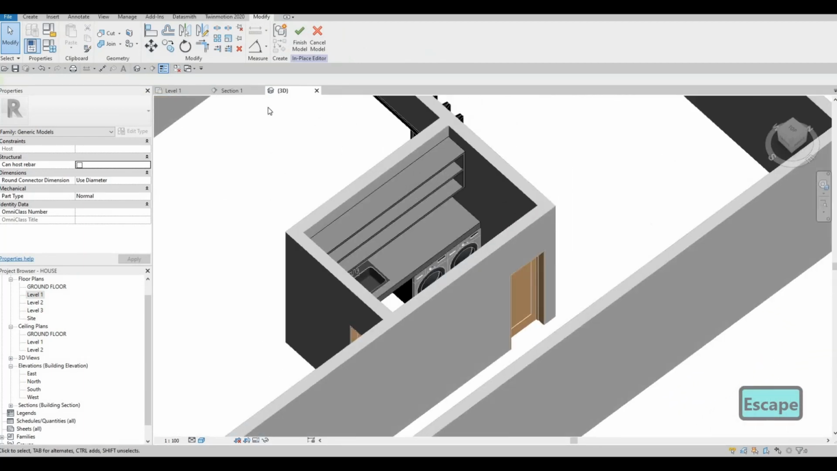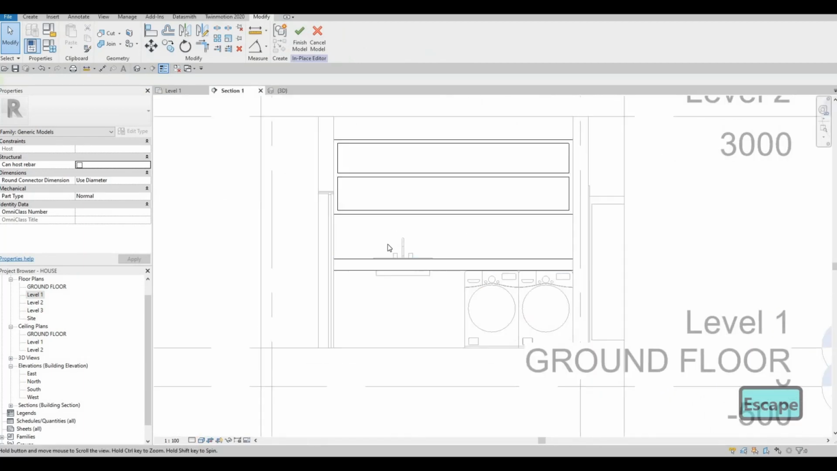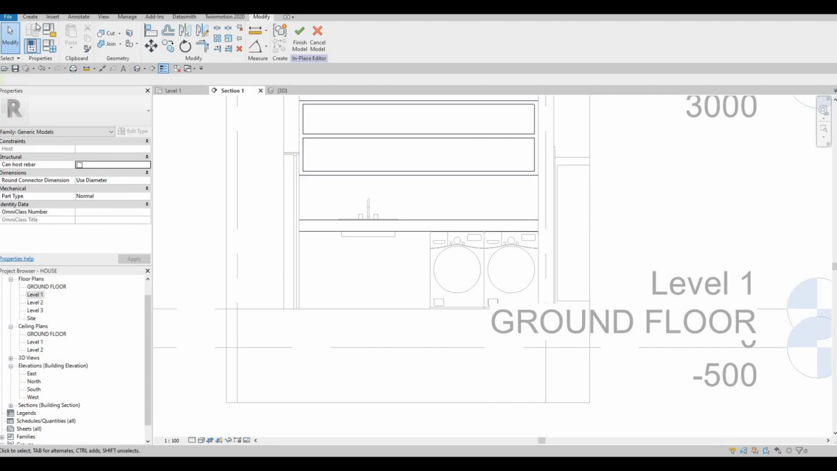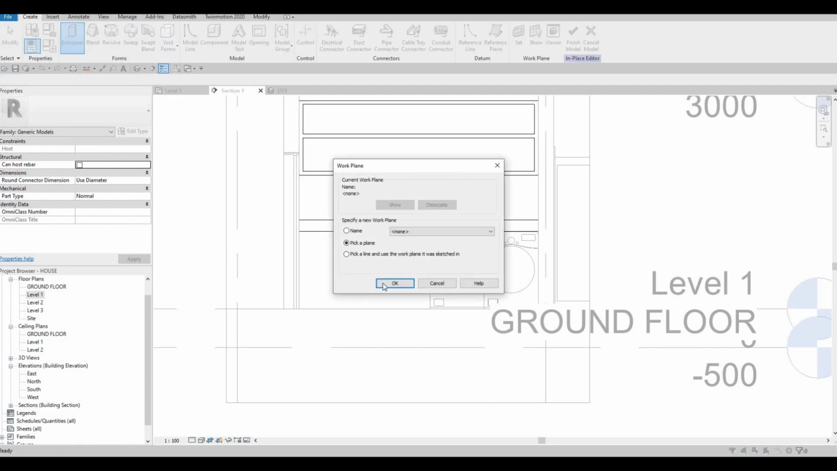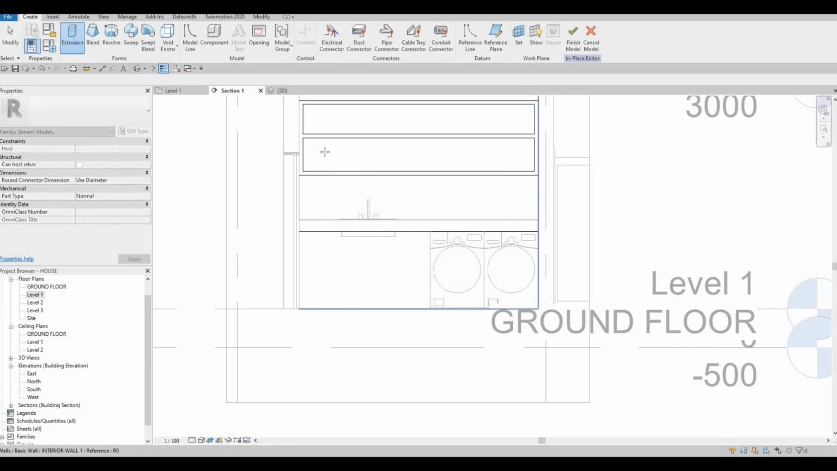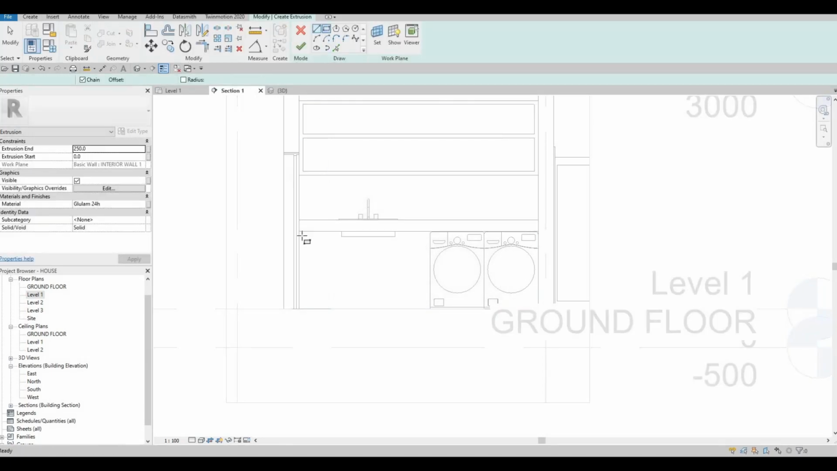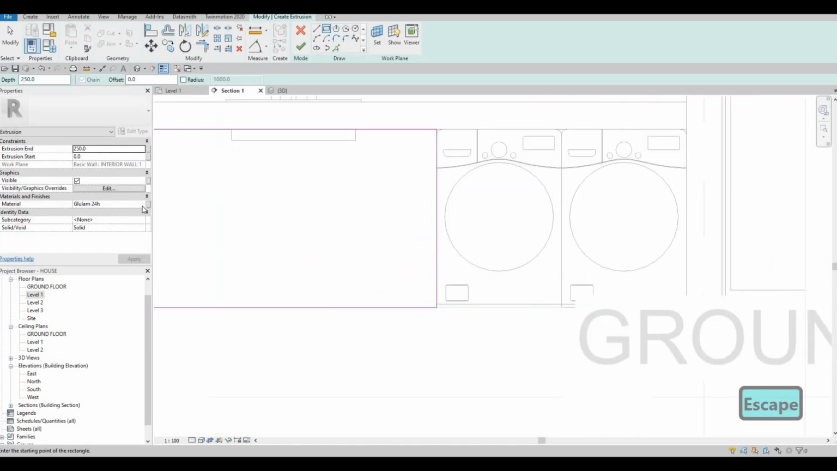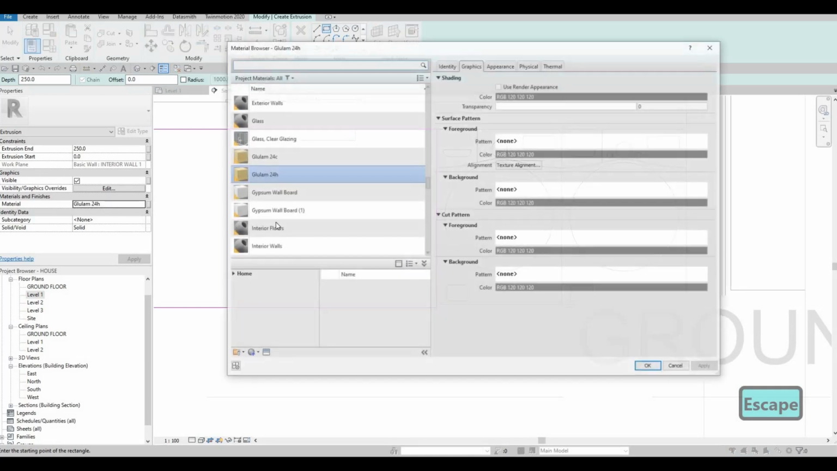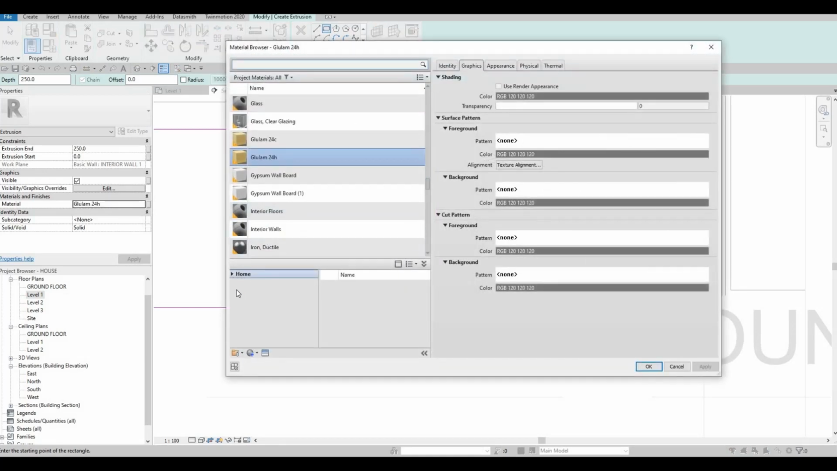So that looks good. Go back to section and then let's close this off, this area. So extrusion, pick a plane, let's select the wall again, and then we're just going to close off this area right here. Change this material so that we have different materials all the time. We could select that later on,